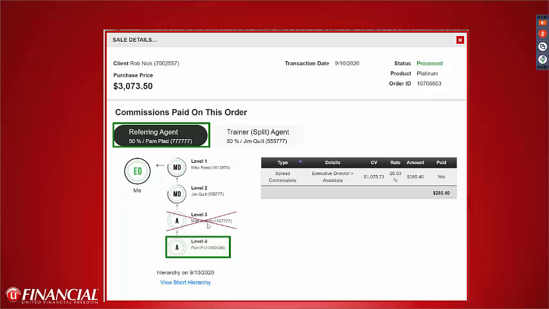And then basically we've got Matt, who is just above Pam. And because they're at the same level, you see that Pam and Matt are at the same level. They're both associates. So in this circumstance, because they're under ED, Pam made the sale. Matt would not get an override in this instance, so it would go up to the next level to the managing director. So the managing director on this sale is Jim, and Jim is actually the split agent as well. So that's the other half of the transaction here.